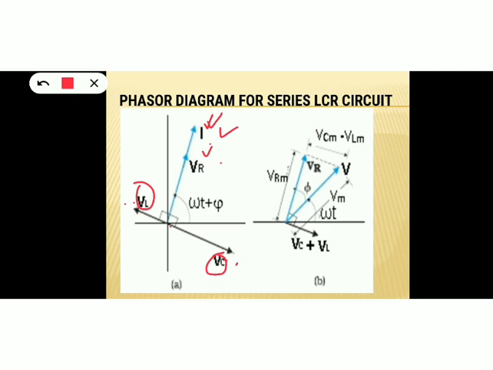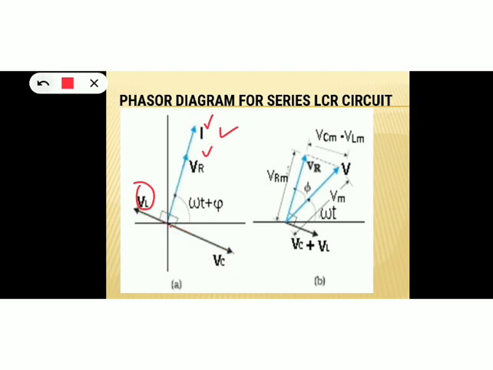And again, the inductive voltage and the capacitive voltage phases are exactly opposite to each other. Inductive voltage and the current are out of phase by a phase angle of pi by 2. Similarly, capacitive voltage and current are out of phase by pi by 2. So the total angle between them will be 180 degrees. So both will be exactly equal and opposite. VL and VC will be equal and opposite.